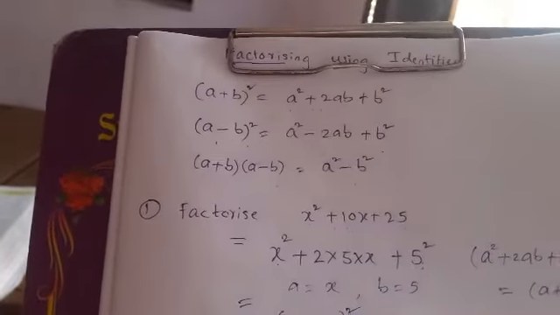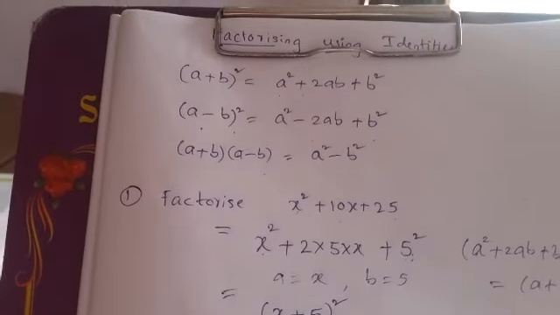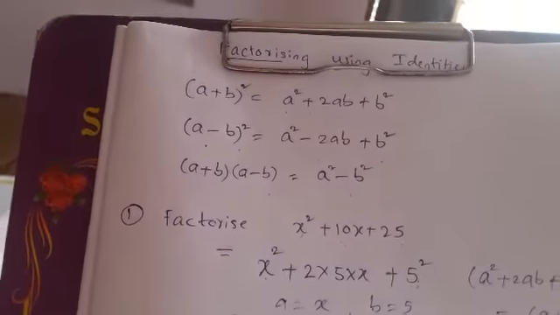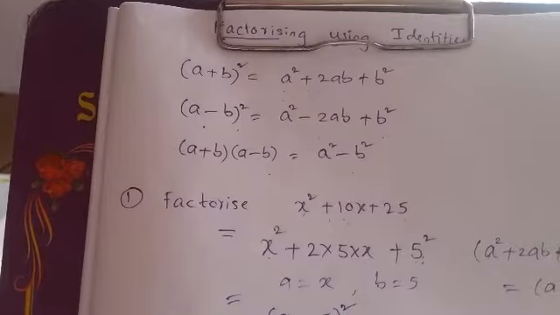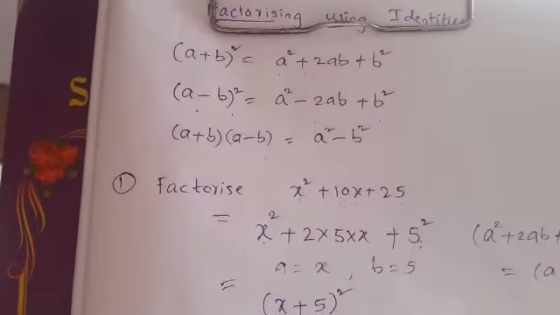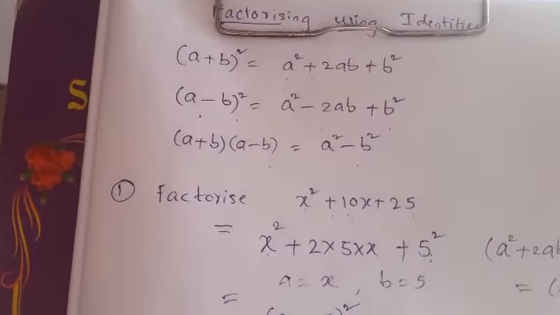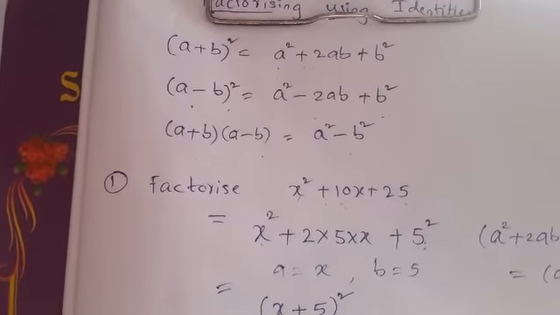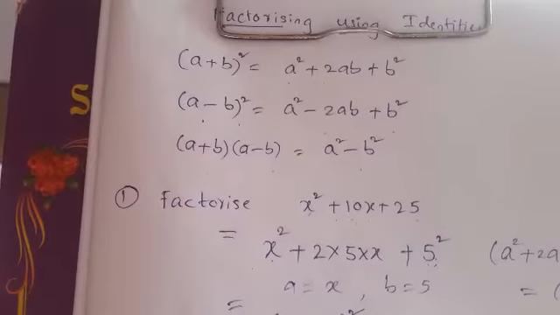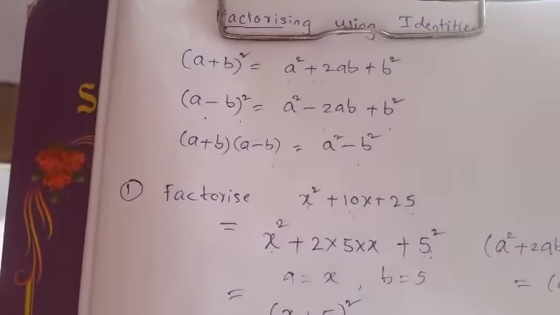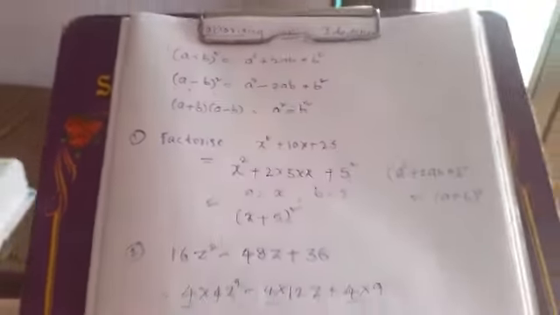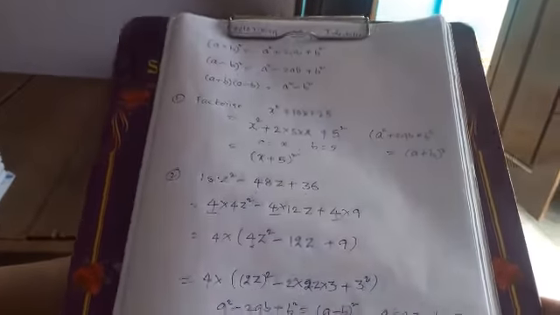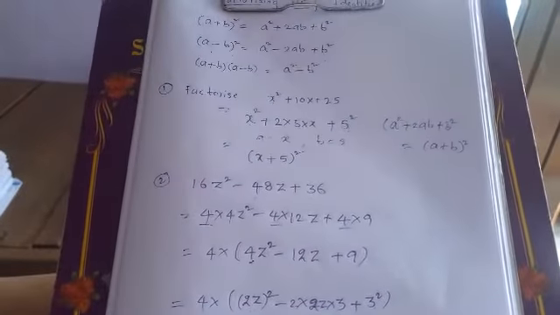So factorizing using these three identities is very much useful in your higher classes. In your 9th class we can discuss (a + b) whole cube and (a - b) whole cube. Okay? So here understand, first you have to understand the identities, how to convert given algebraic expressions into identities. I will give you some problems you have to do.